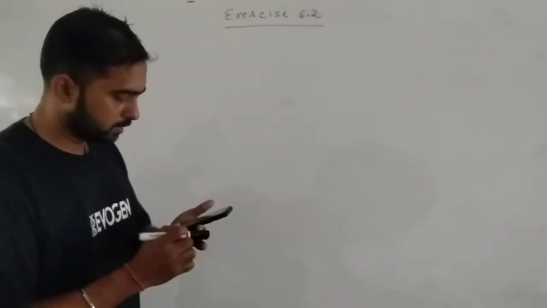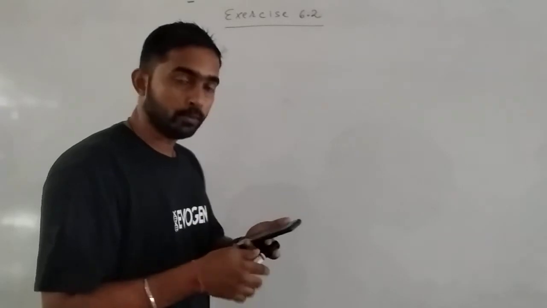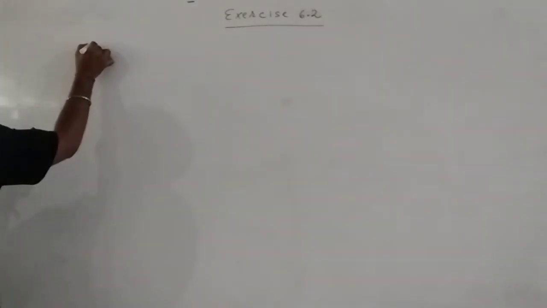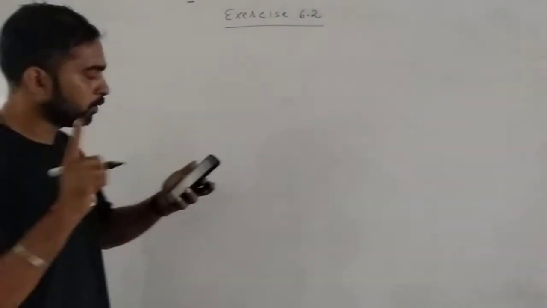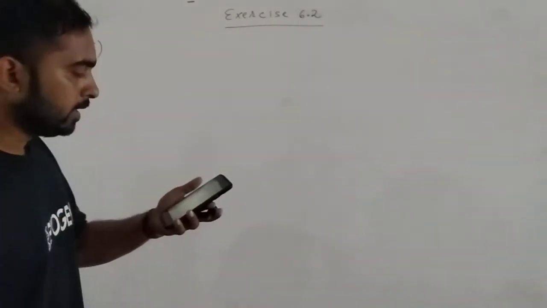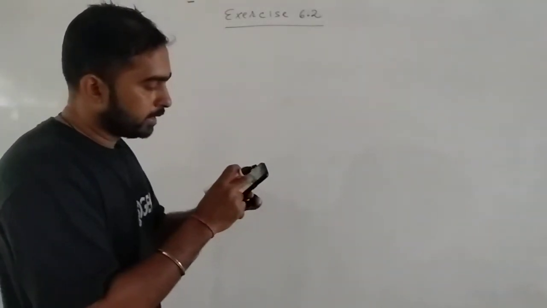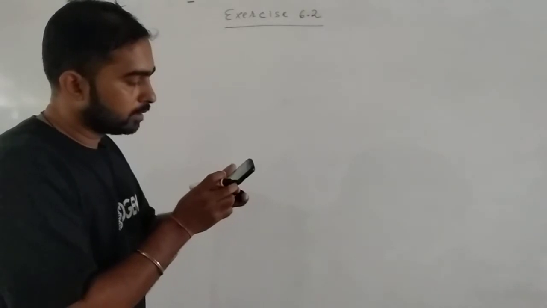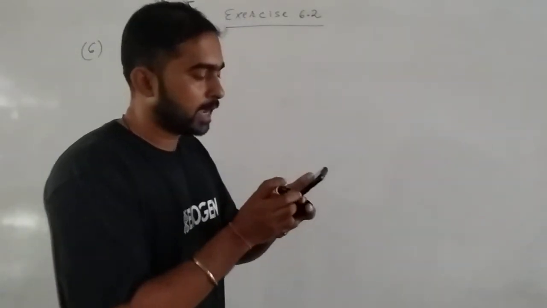Okay, now question number 6. Listen, today I'll skip questions 7, 8 and 9. We'll do these questions later on, not now. In question number 6, again I will do only one question. All are the same, just find the SN. Find the term mentioned in the bracket in each of the cases below and also find the sum of the sequence up to that term.